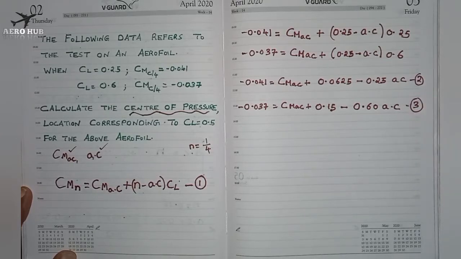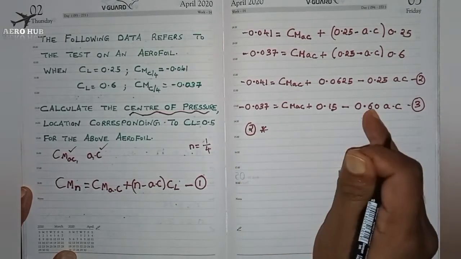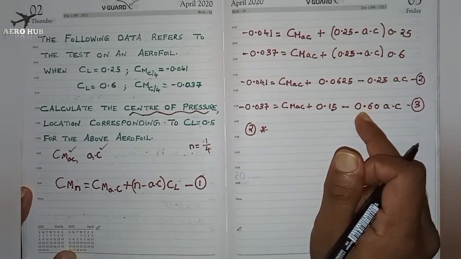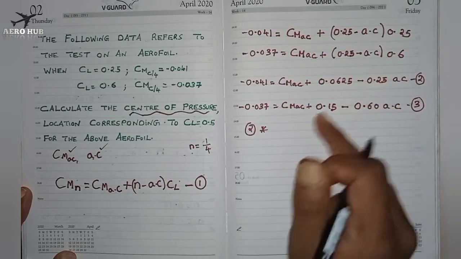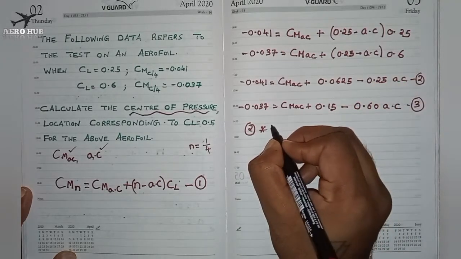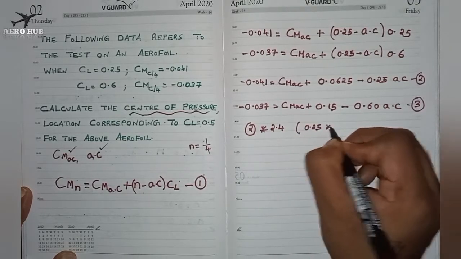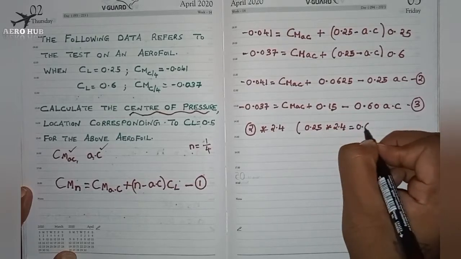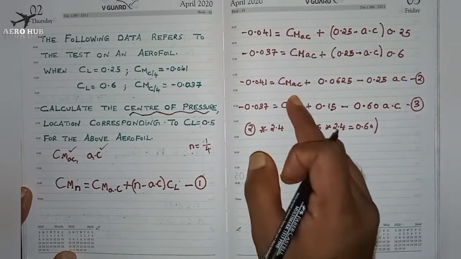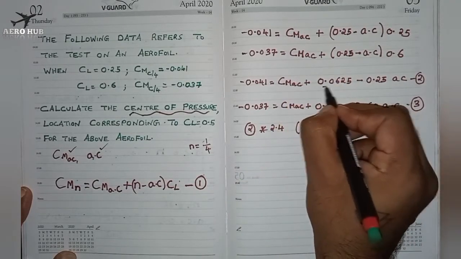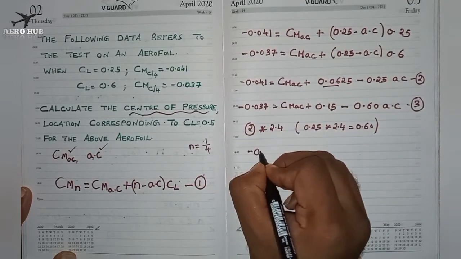So what I will do is I will multiply equation number 2 by 2.4. We can see here we have 0.60 and we have 0.25 here. That is, 0.25 into 2.4 is equal to 0.60. Basically, I am eliminating this part. I am taking this part from this side to this side, so it will be minus